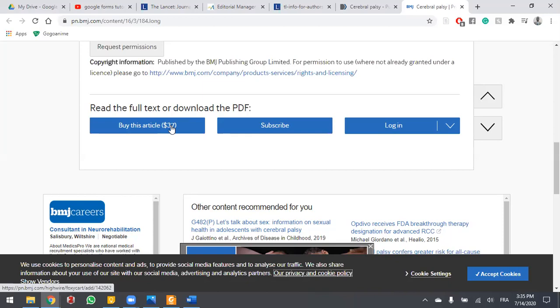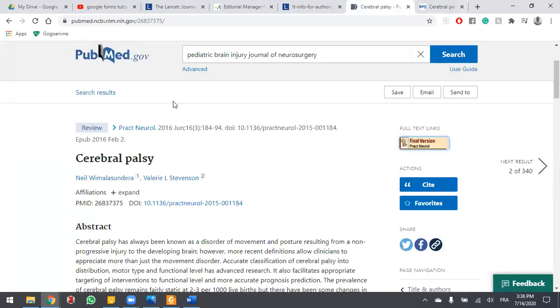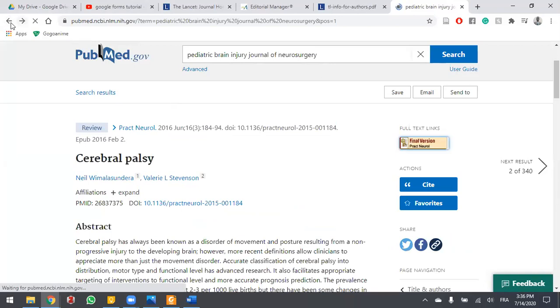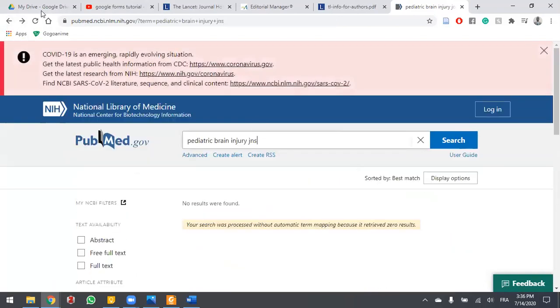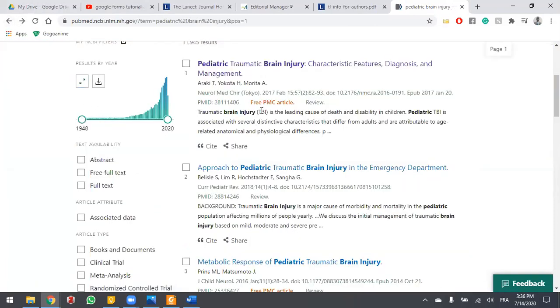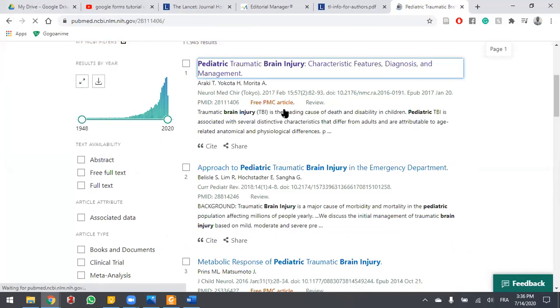Now, if you don't have the subscription option, the other option becomes open access. And open access is what we saw initially with the other article that was free. All the text was available for free. Let's check that one. I think it was this article, right?